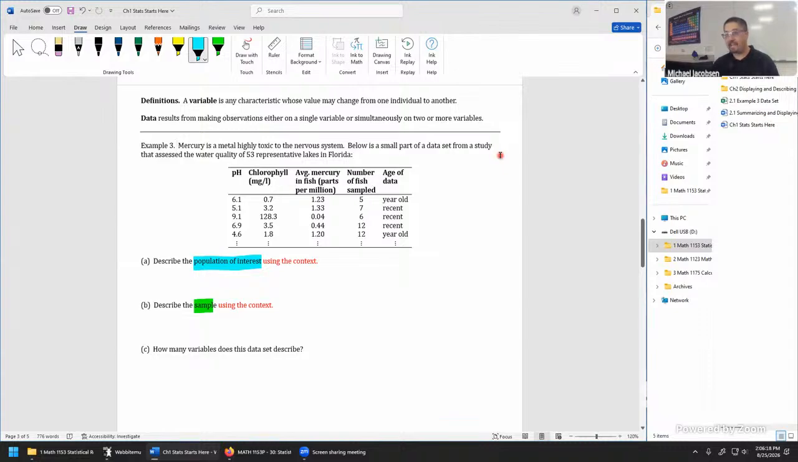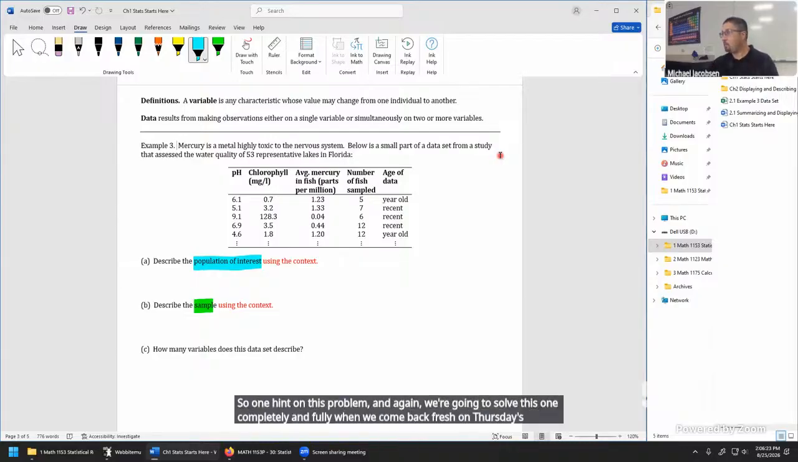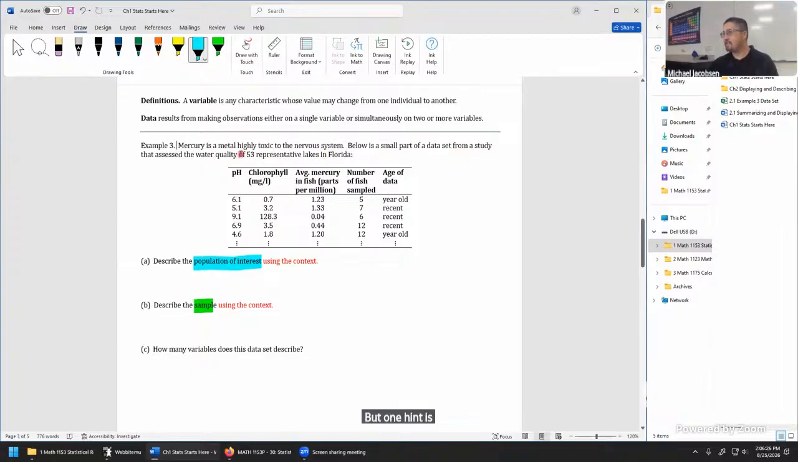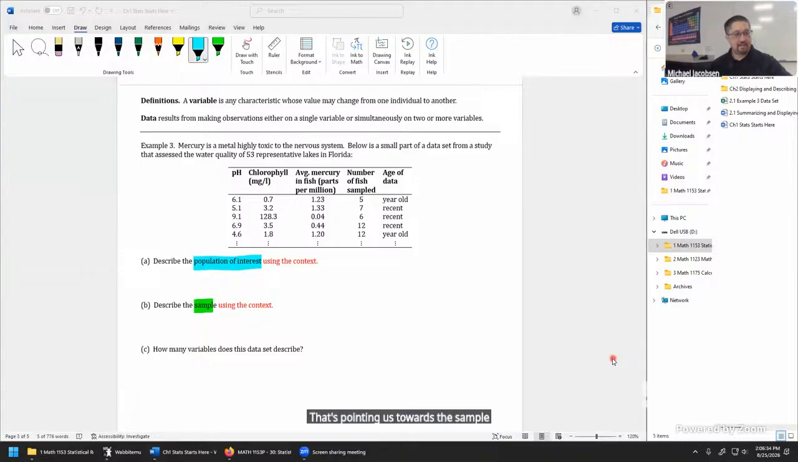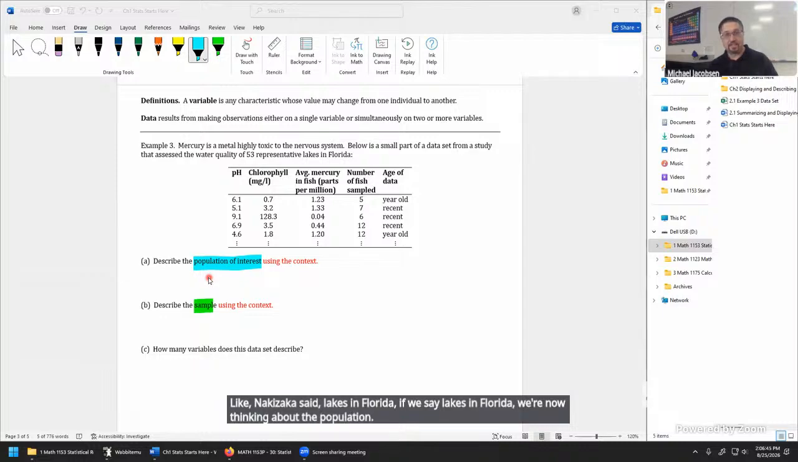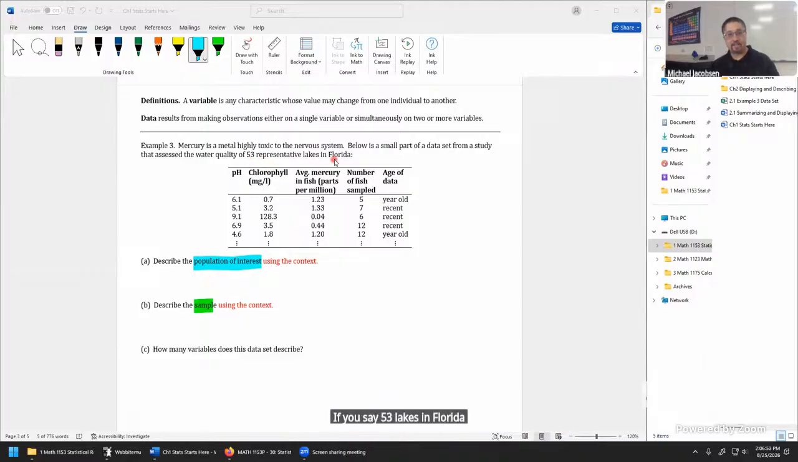So one hint on this problem, and again, we're going to solve this one completely and fully when we come back fresh on Thursday's class. But one hint is when it says 53 representative lakes, that's pointing us towards the sample. So like Nakizaka said, lakes in Florida, if we say lakes in Florida, we're now thinking about the population. We're interested in all lakes in Florida. So if that's your response, put that one under population. If you say 53 lakes in Florida or 53 representative lakes in Florida, now you're talking about the sample, what